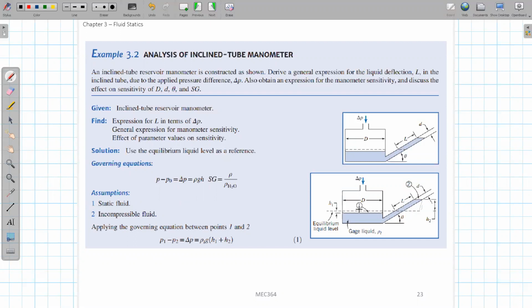In this case, this elevation difference will be H1 plus H2. And remember that H2 will be equal to